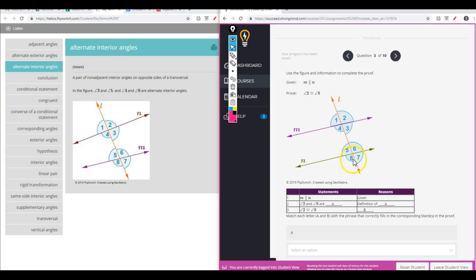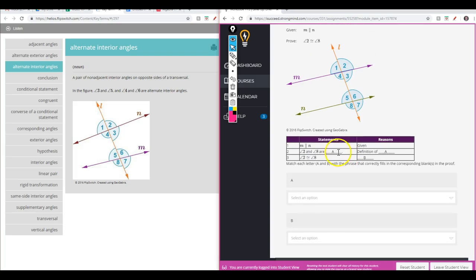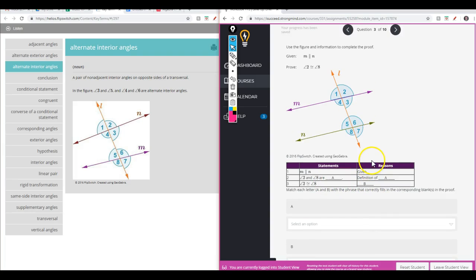So here's our diagram. And I'm noticing that there's statements here and that's missing A, and in the reason it's still A. So these two are going to be the same thing, and that B is going to be a different one. Now if you look at proofs and instantly are like